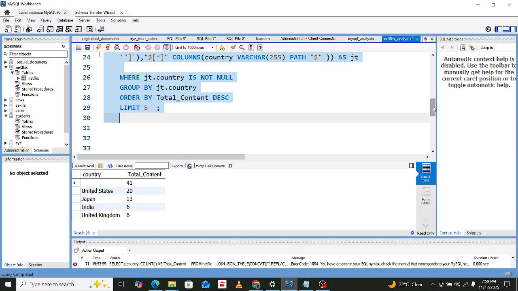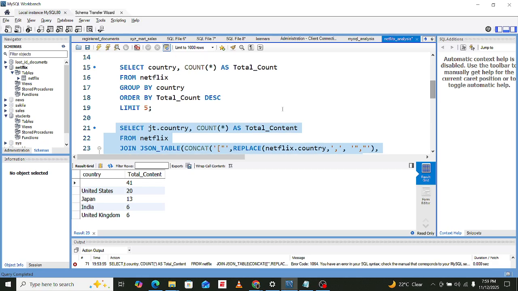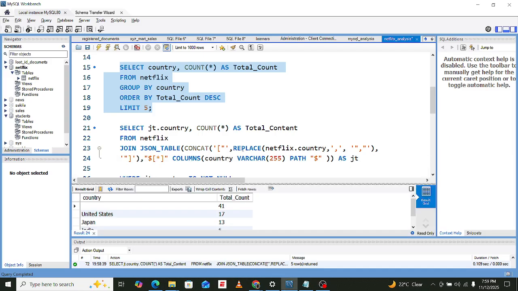But what did we get in your case, Lewis? That is 41, 2013. Let's check your case here. Your case, we had 41. That was right. But now you see United States, we were missing 3. Did you see that? Yes. Yeah, now that is how you should do it.